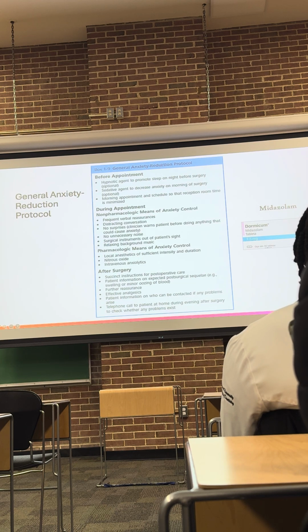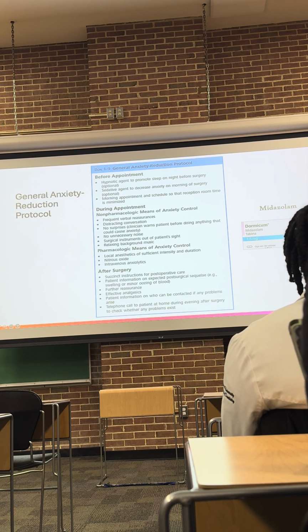So first, we're just going to talk about general anxiety reduction. So these people, they come into your office, they're like, I don't like the dentist, I have an issue with you guys. They have severe anxiety, so their heart rate is already severely elevated, in the higher 100s. So things that you can do to help them when they come into your office is you can prescribe them